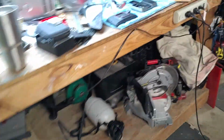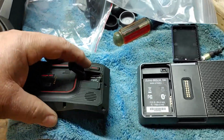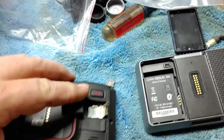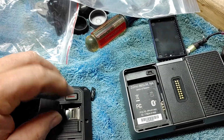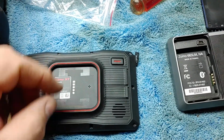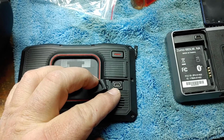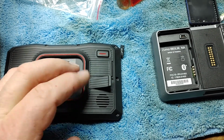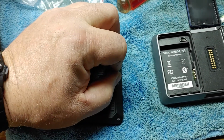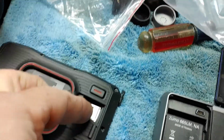So what I wanted to show you was the installation of the micro SD card on here. This is a little tricky. So this is the back of the unit. That's for data and charging. And this is for your micro SD card. So this little trap door here opens up,